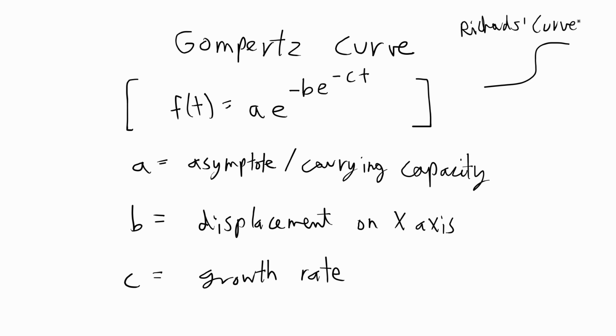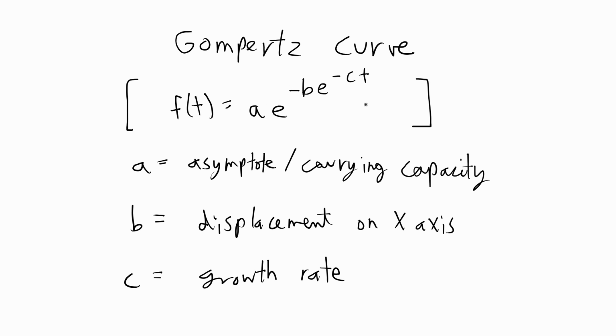The main difference between a Gompertz curve and a regular logistic curve is that for a logistic curve, as the population increases, the growth rate linearly decreases, but in a Gompertz curve, as the population increases, the growth rate exponentially decreases. So the growth rate changes exponentially here, and in a logistic it changes linearly. This model is commonly used as a population growth model for tumor cells.